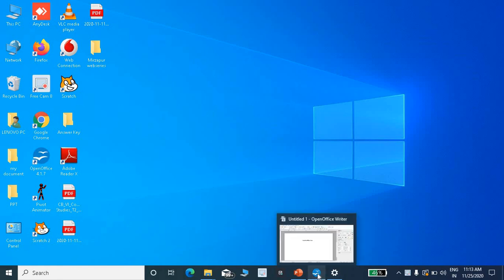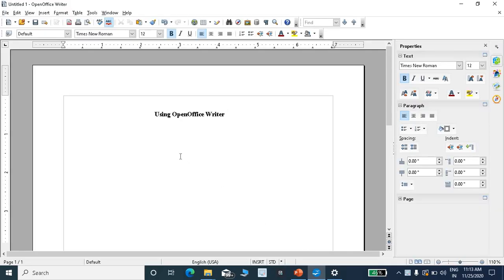Today I'm going to teach you a very important topic using OpenOffice Writer. So the first point we are going to discuss is selecting a text.